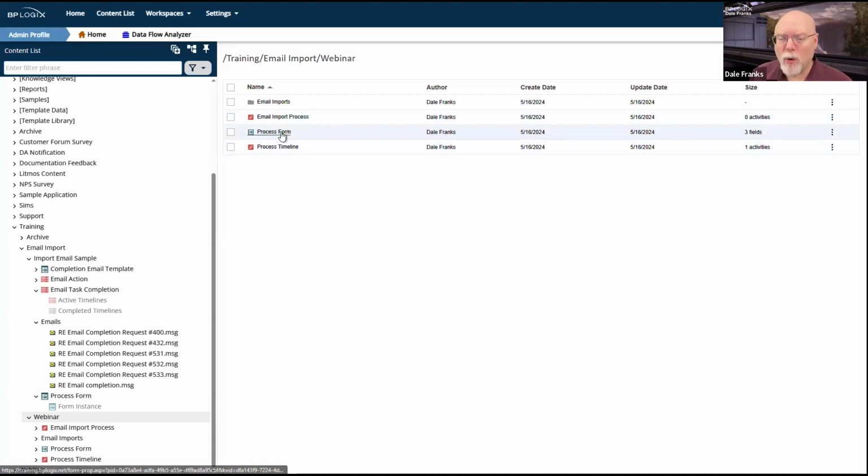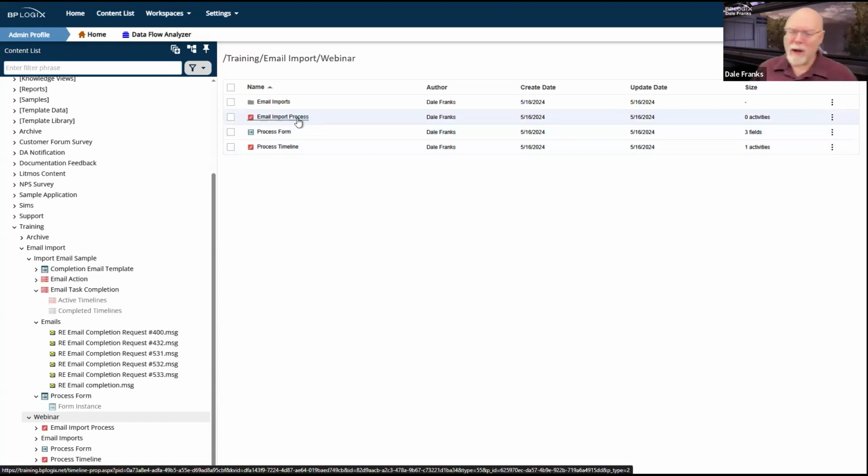Let's go back to our process. The way that we are going to run our email import process is we're going to look at the lines. Yeah, as I'm rebuilding it, it gets a little confusing because there are some moving parts.